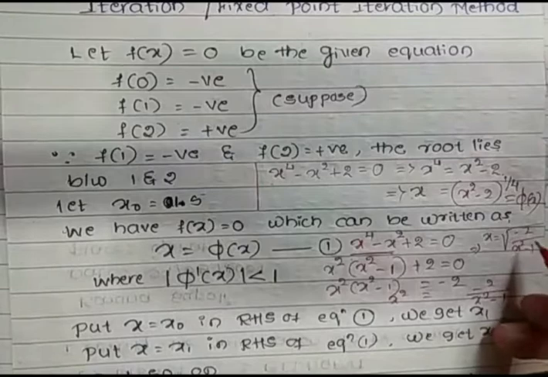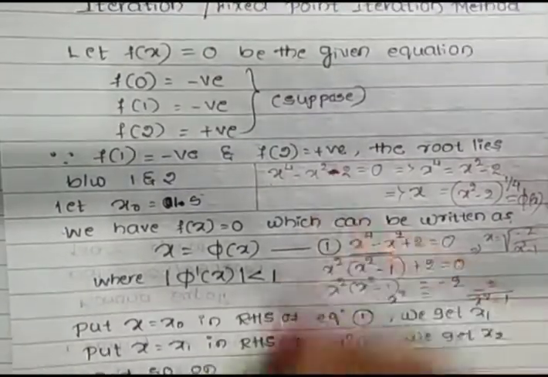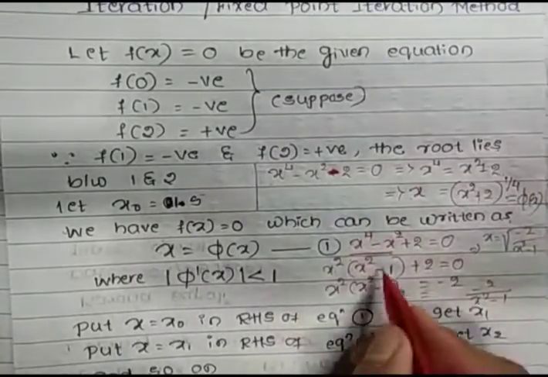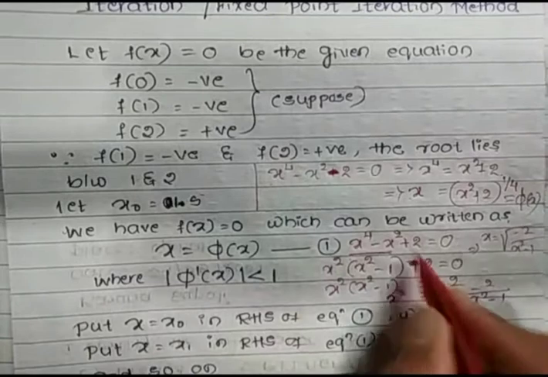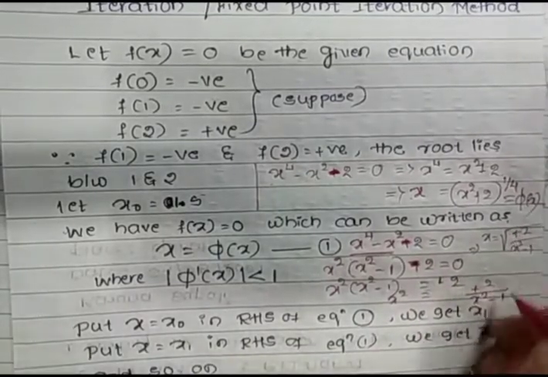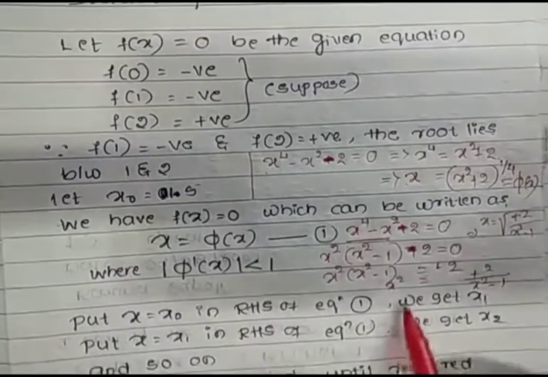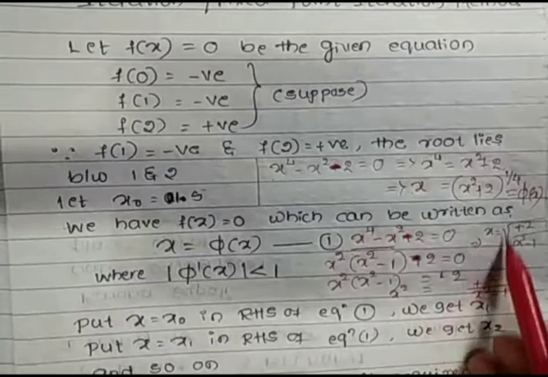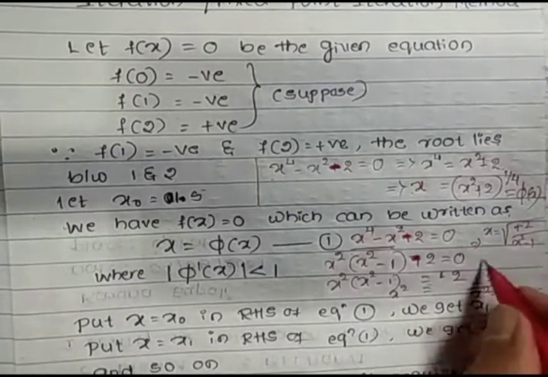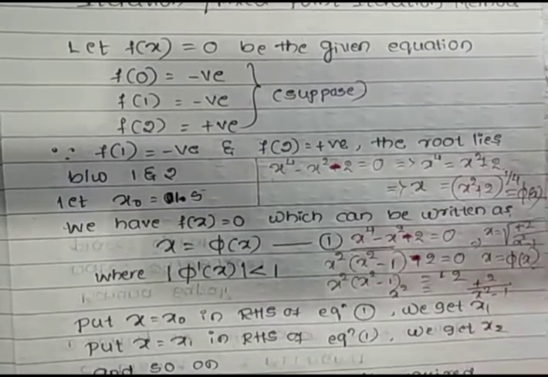Here minus 2 is there, which gives us a complex value. So we can make the equation as minus 2 over 1 minus x square; if this is minus 2, then here we'll get plus, and here it is minus, so that we'll get the positive. Because if we take a negative root, then again it is a complex number concept. So we can consider that x is equal to the square root of 2 divided by 1 minus x square. Again this is in the form x is equal to pi of x.